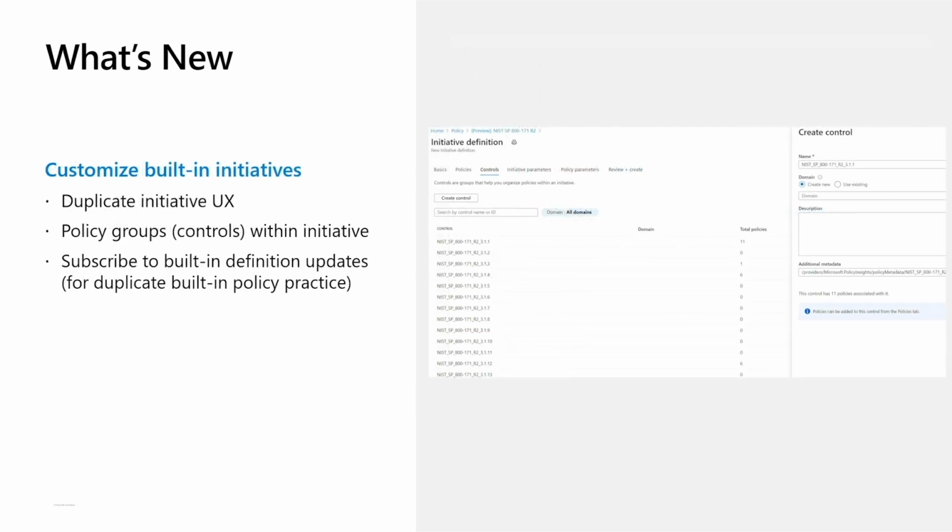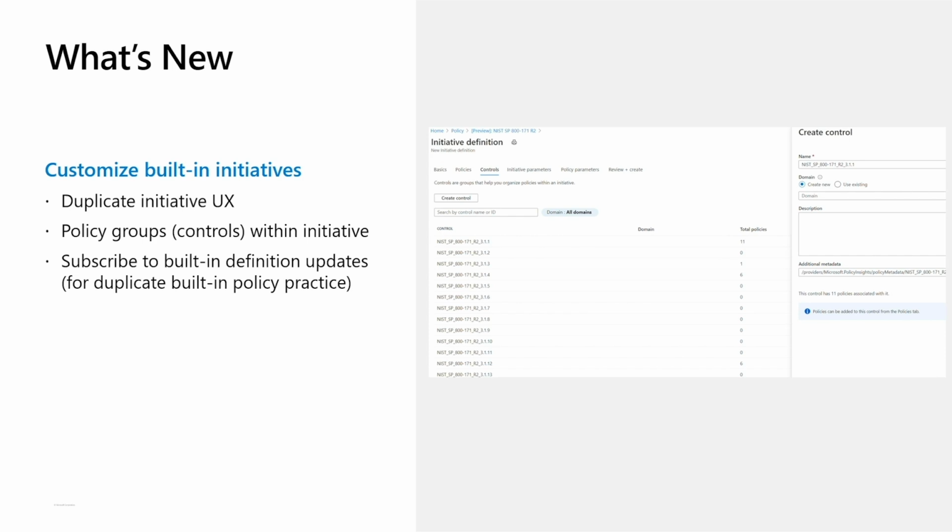And to wrap up the policy area, we also have a collection of improvements on helping you exercise best practices when it comes to applying built-in initiatives. Instead of directly applying a built-in initiative, we recommend to customers to make a copy of the built-in policies as a custom initiative. The reason behind this recommendation is that a lot of companies don't want changes that are made in the built-in policies by Microsoft to be automatically applied to your production environment. And a lot of you also have the need to eventually customize these built-in initiatives anyway.